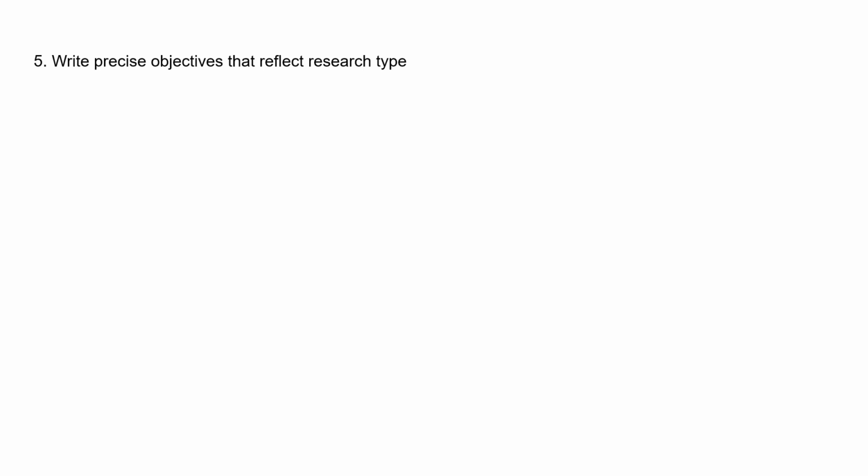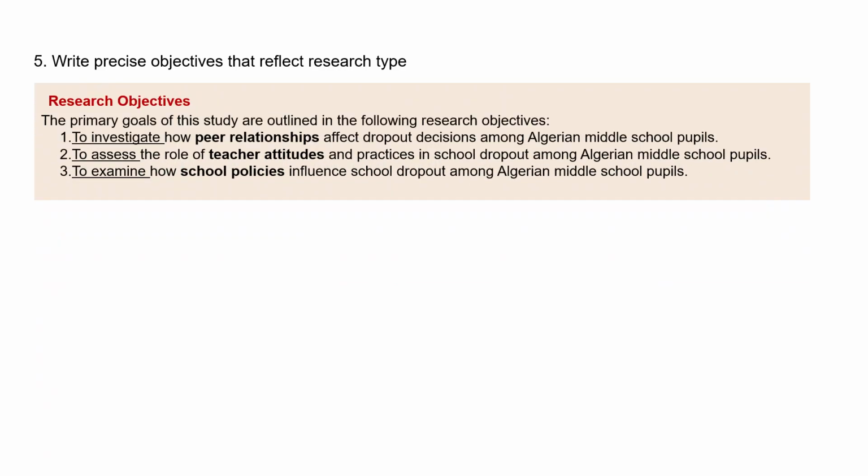In the statement of the problem section, the objectives should be detailed. The objectives should reflect the research type. When we read them, we should learn something about the research type. If we take the previous example on school-based factors that contribute to dropout rates in Algerian middle schools, the following